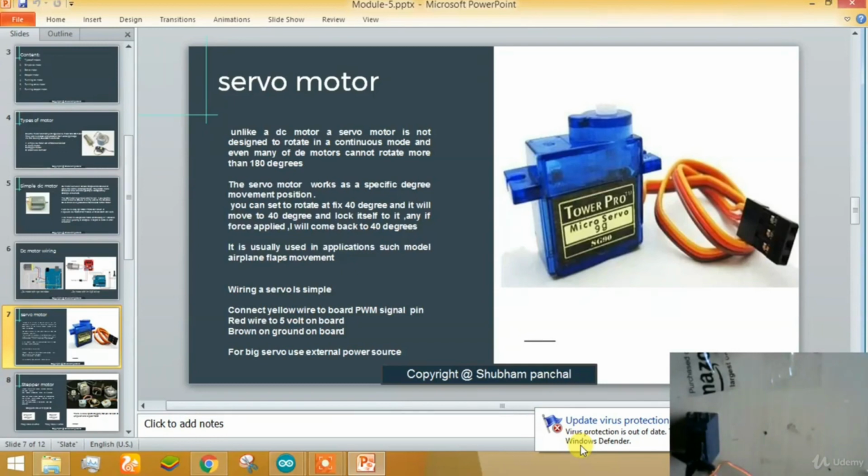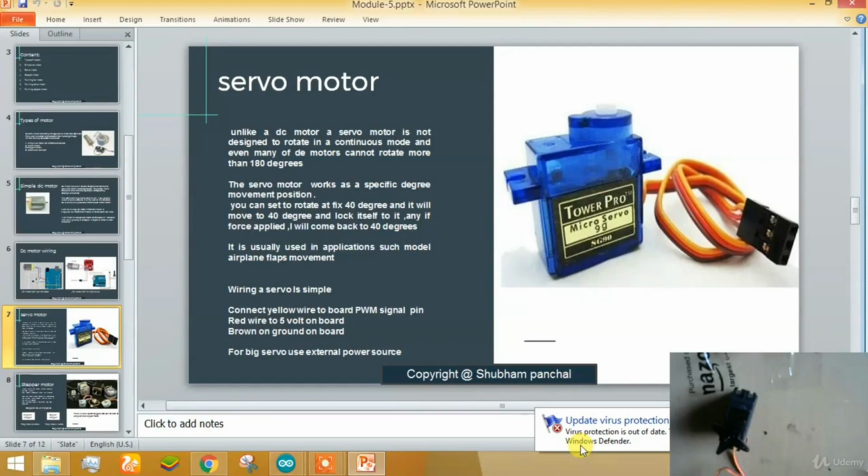Well, there are many applications of servo motors. For example, the toy plane has a radar, and the radar is controlled by servo motors. The reason is that when the servo motor moves, it gets locked at the position, and when the air flows over the wing, it tries to move the wing in the backward direction, opposing the servo, while the servo motor gets back to its position and keeps the values clear.